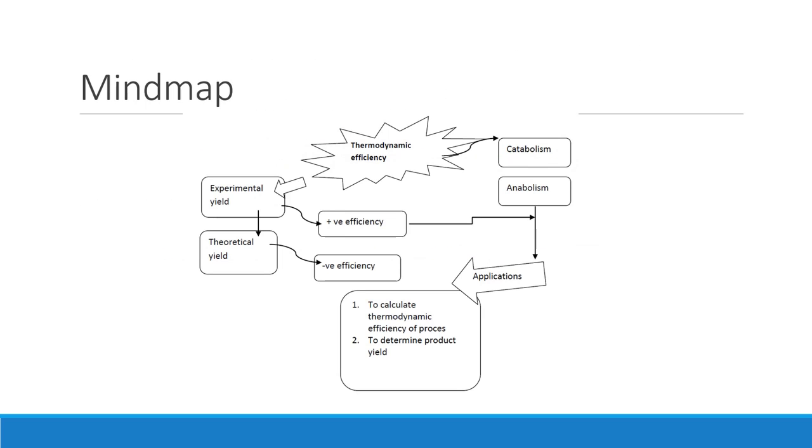In today's class, we have discussed in detail the thermodynamic efficiency of aerobic and anaerobic reactions and the method adapted to calculate thermodynamic efficiency of the process and to determine the product yield in the given bioprocess. The reference materials for today's content